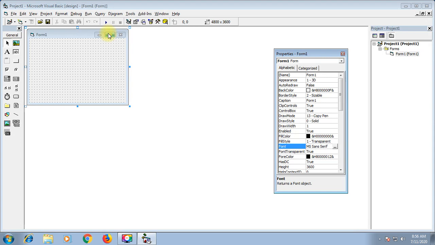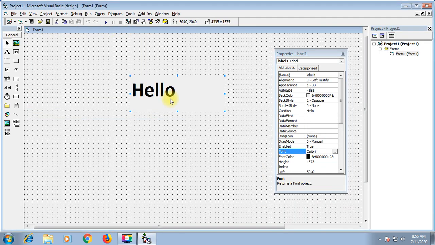So girls, today we have learned to take controls on the form. We have tried to apply different controls on the form. One of them is the label control. Label control has lots of properties. Out of them, we have gone through 3 properties: Name, Caption and Font property.